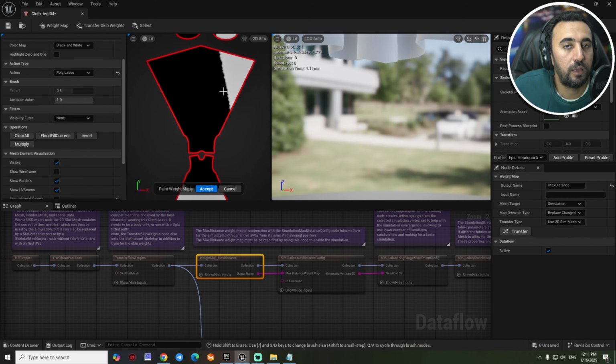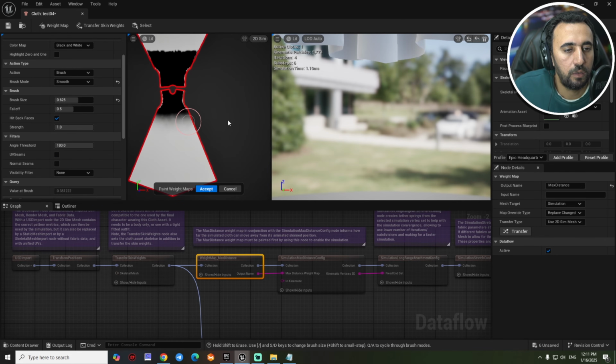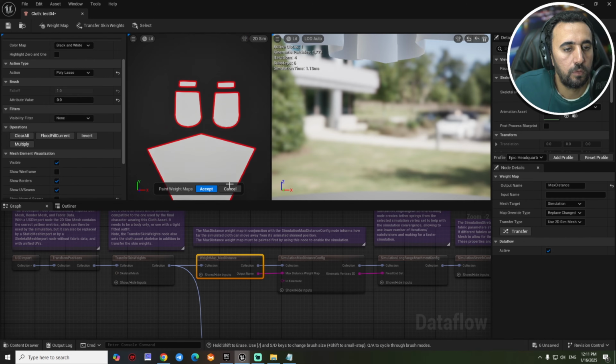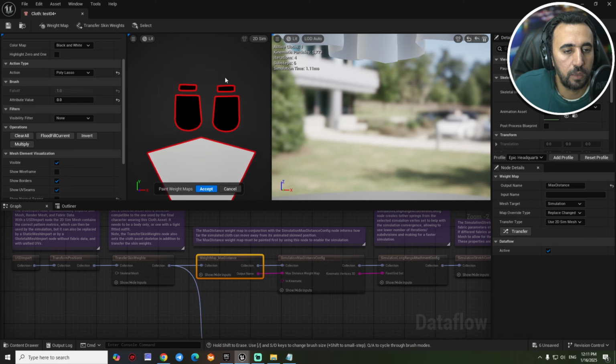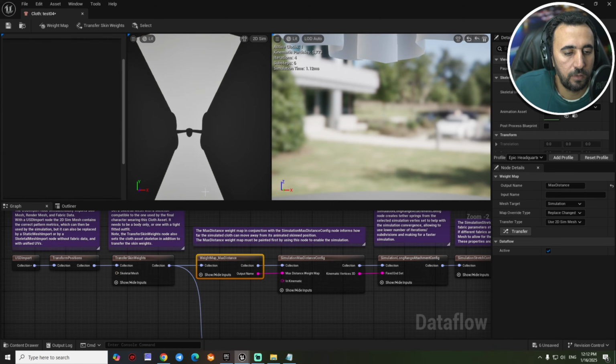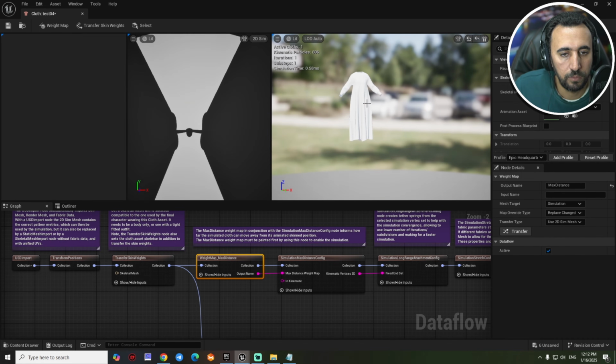Don't undo with Control Z, because it will cause problems with your simulation. After that we can do the same here. We can make all of them black, so we can simulate this area. Just accept. Now we have our simulation. After that, what we are going to do now, we need to make a preview for our